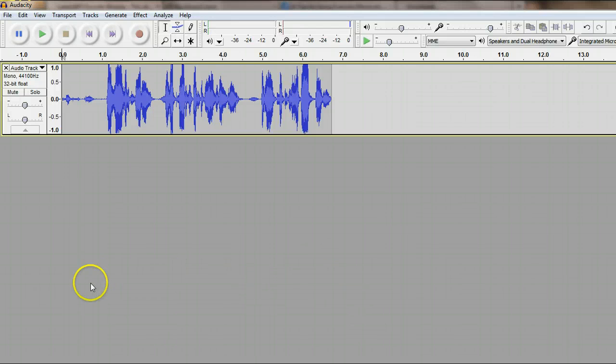Okay, that should get you through downloading and launching Audacity, downloading and launching the LAME encoder. And remember, do not click Finish on the Audacity